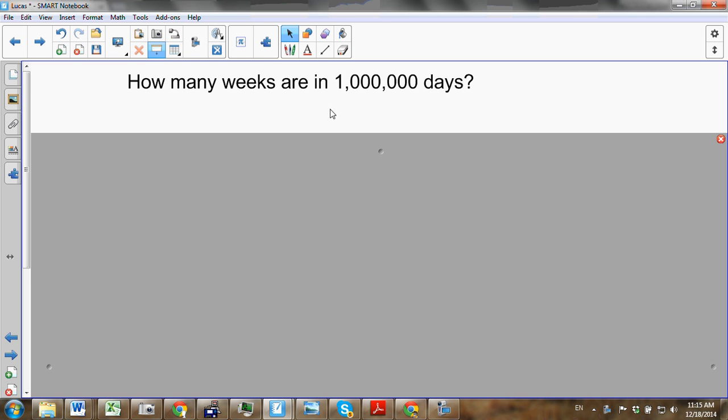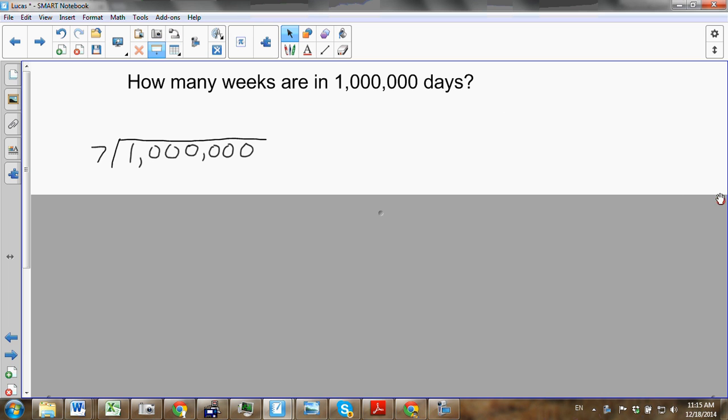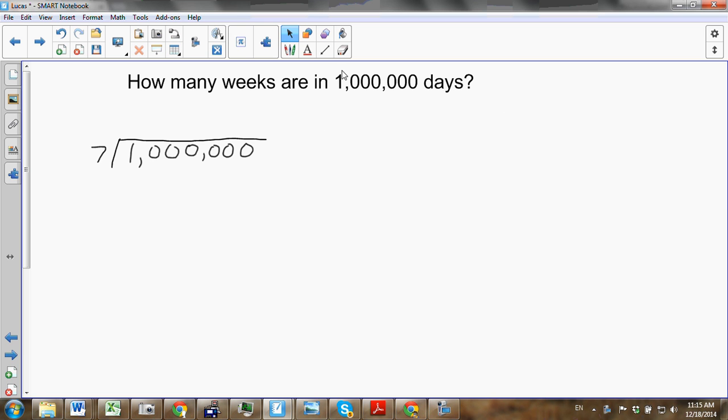Suppose you want to know how many weeks are in 1 million days. I don't know why you'd want to know that, but suppose you did, because it's an application of division. Explaining why this is division would be another lesson, but to figure out how many weeks there are in 1,000 days, how many 7 days are there in